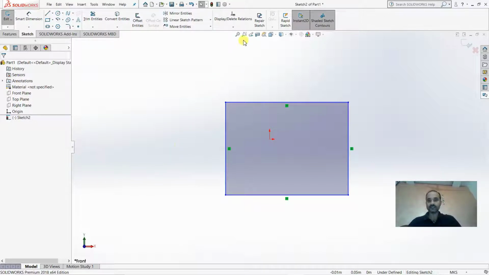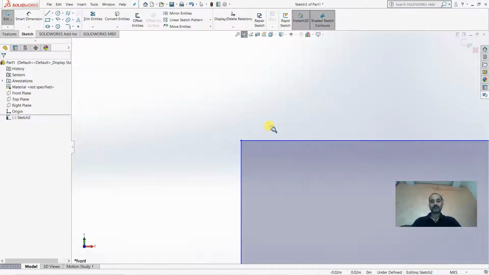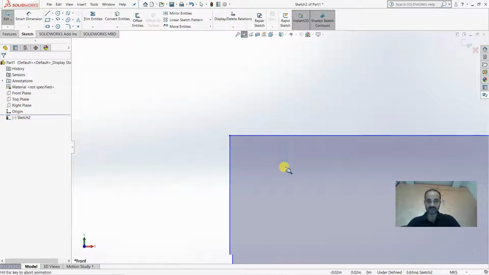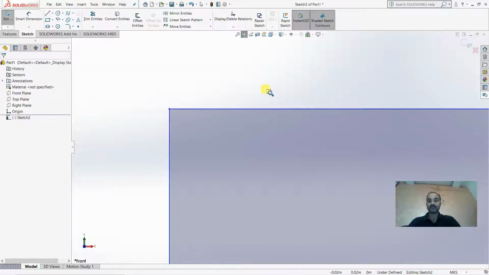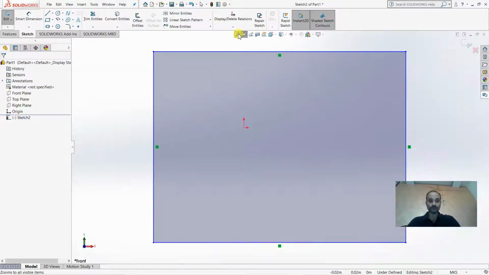The second one is zoom window, or if you use AutoCAD, that is called zoom window, but in SolidWorks that is zoom area. If you select zoom area, then you have to choose a particular area, like I am highlighting, and that will be zoomed to your screen. It means you can zoom in on a particular area also. Suppose I bring this, then it will also be zoomed. Again, size is not controllable, so you can press zoom fit, and your sketch will come back to your interface.